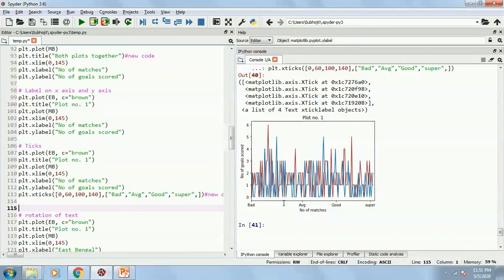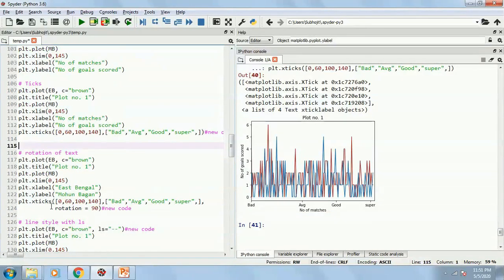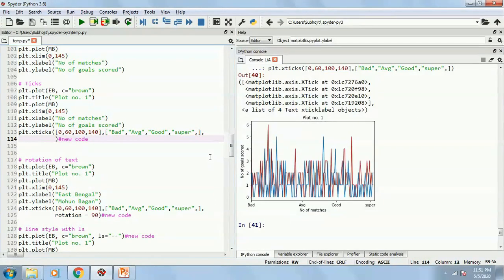Moreover, if you want to change the angle of this text, you can continue writing in the same line, or you can write it below. You can write rotation equals to maybe 45.